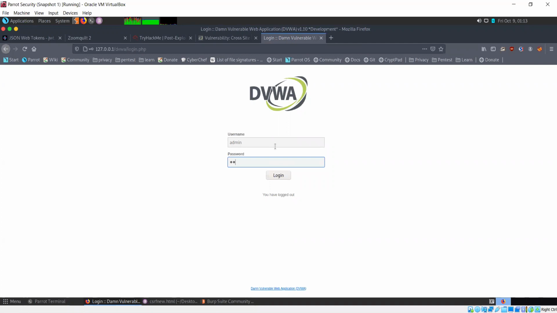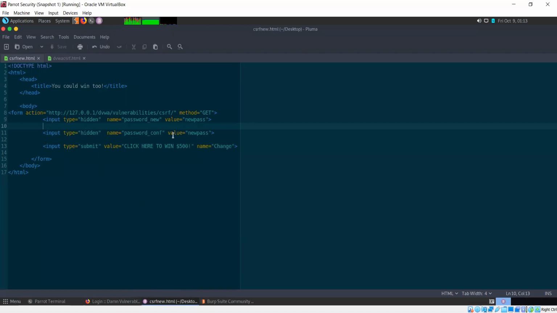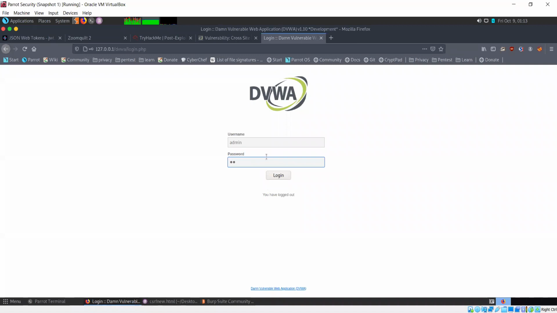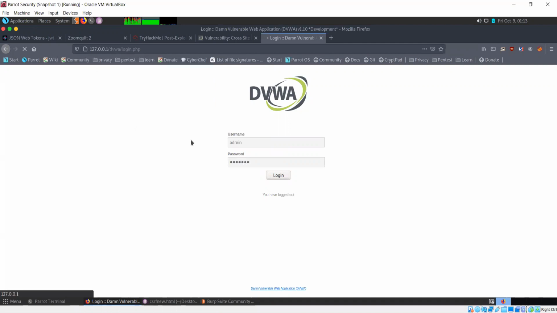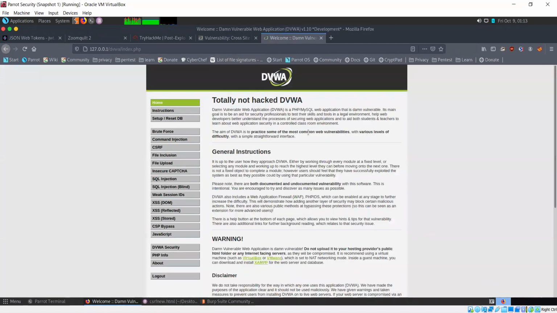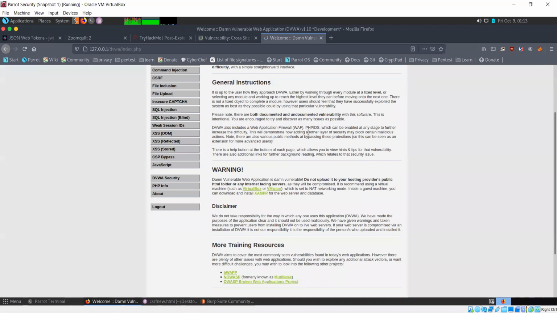New password is new pass, which is what we mentioned here. So let's try logging in with that. And you can see that we were able to log in with that password.